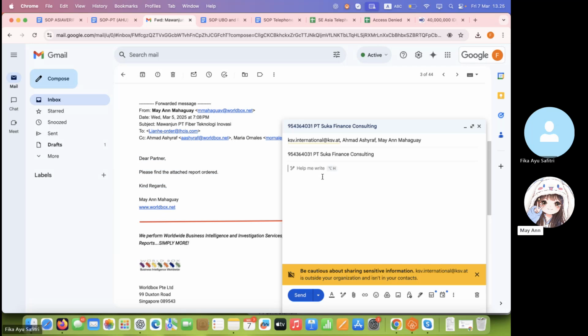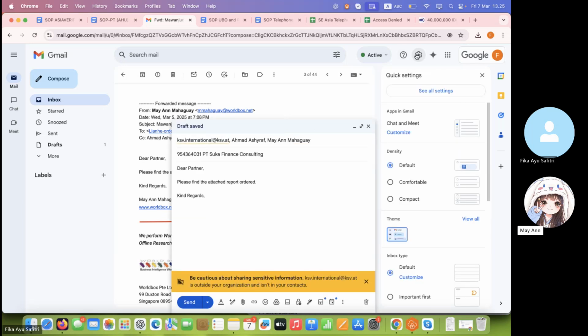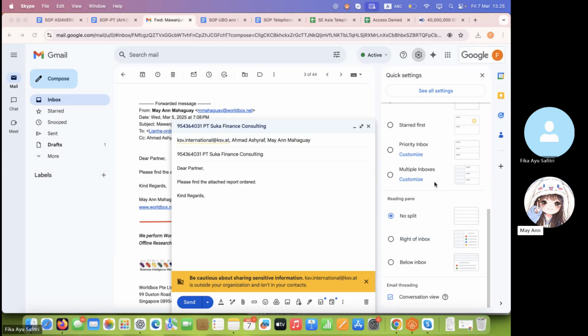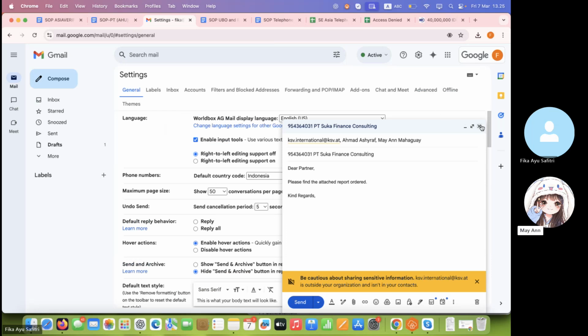So let's go to the settings of this Gmail. Click see all settings, then go to signature.